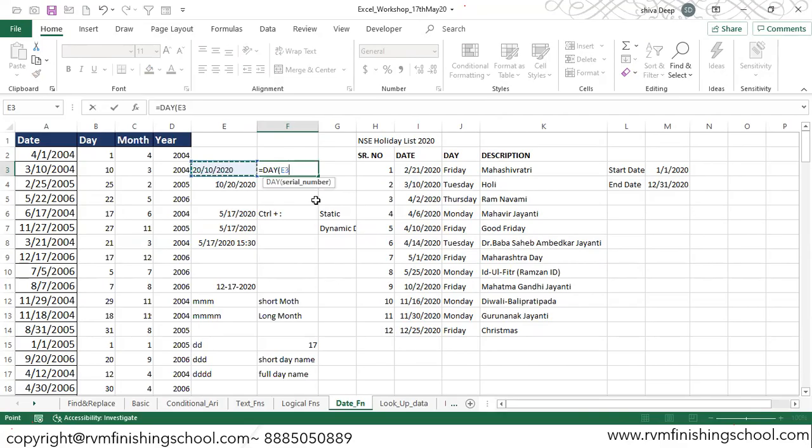Why? Because it is reading the second part as the month, and my month is 20. You don't have a 20th month in a year. What you only have is up to 12. So this will give me a value error. So we should be careful while we are putting the